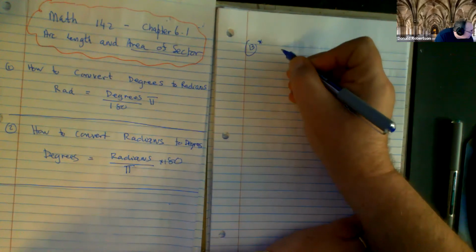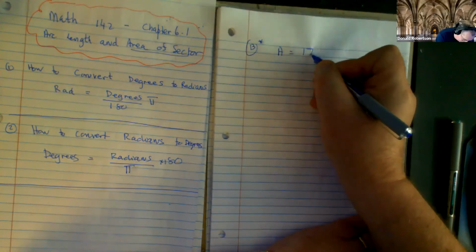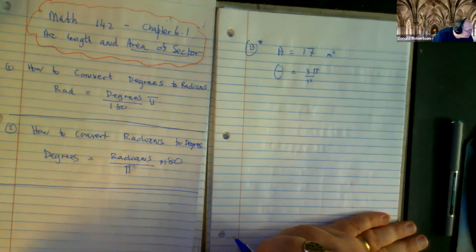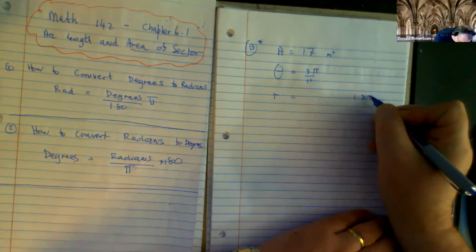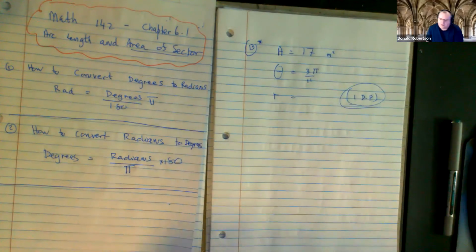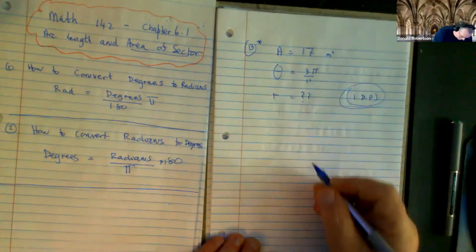In this question, you're told that the area is 17 square meters. And you're told that the angle is that. And we're being asked to find R. And it says round off your answer to 1 decimal place. Okay, so there's the clue that we don't need to worry about an exact value. So